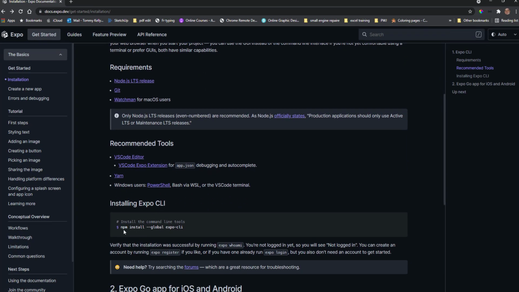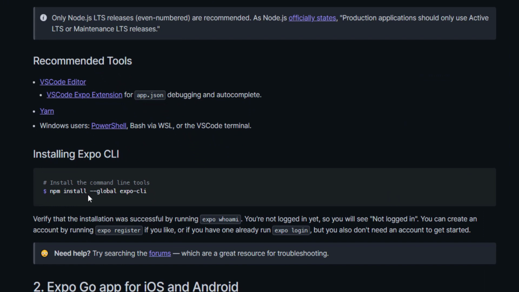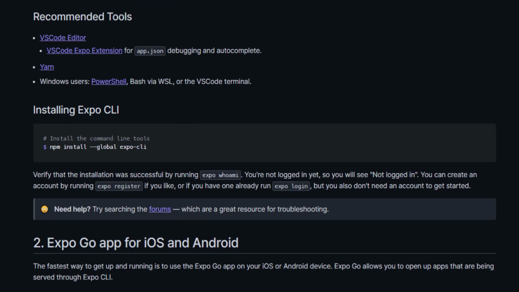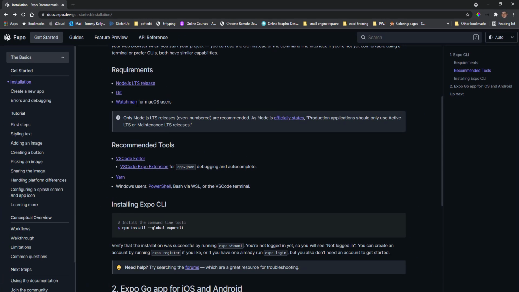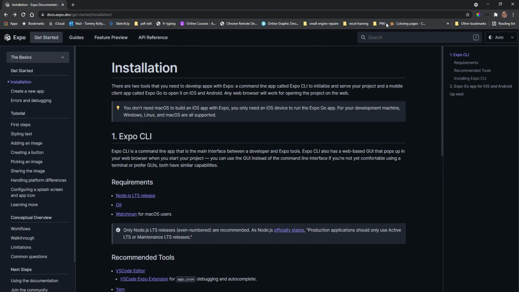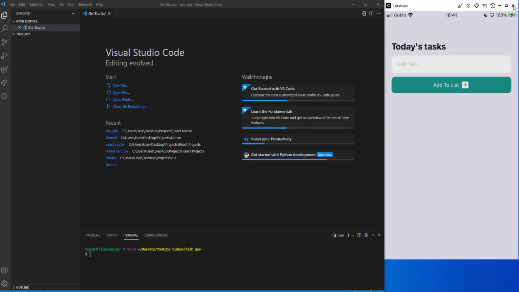Just open the terminal and do npm install global expo-cli, and that's basically it. For Mac users, there's an extra step here, which is all straightforward. So once you have Expo installed,